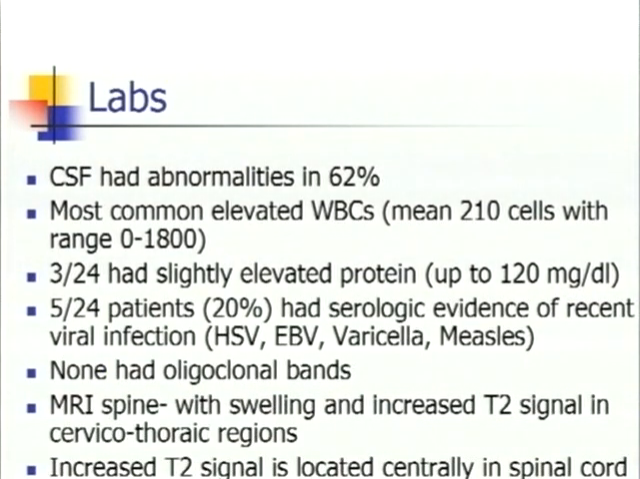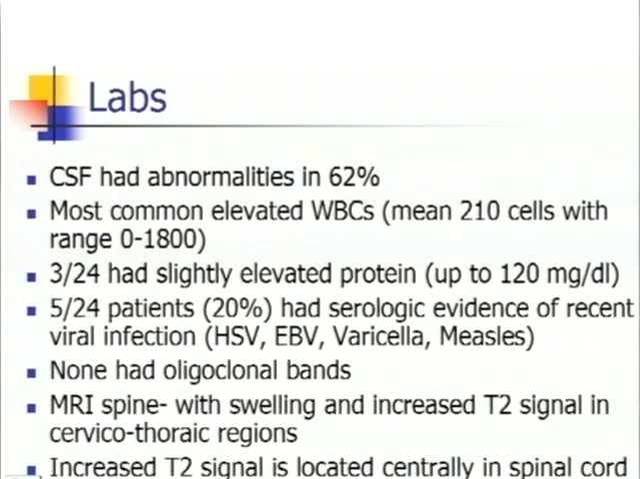The most common abnormalities that we saw in the spinal fluid were elevated white blood cells with a mean of about 210 cells. Protein was actually only slightly elevated, up to about 120 in only about 3 of the 24 patients. And about 5 of the 24 patients had some sort of recent evidence of a viral infection. But most importantly, none had evidence of synthesis of antibodies within the central nervous system, the so-called